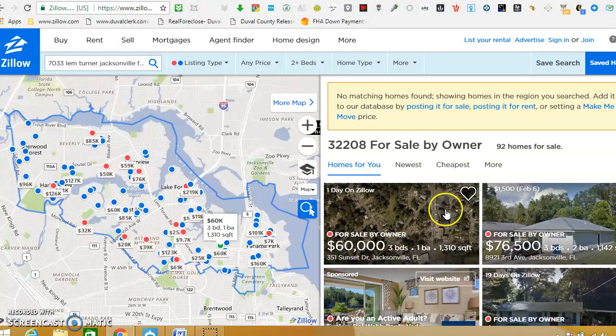But either way, even if you get close in the area and it's around the 32208 area code, and the property is near that area, which you can find out by looking at the map here. As you can see, Lim Turner is right here. It might be slightly difficult to find Lim Turner if you're not familiar with the area. However, you can always take this address,